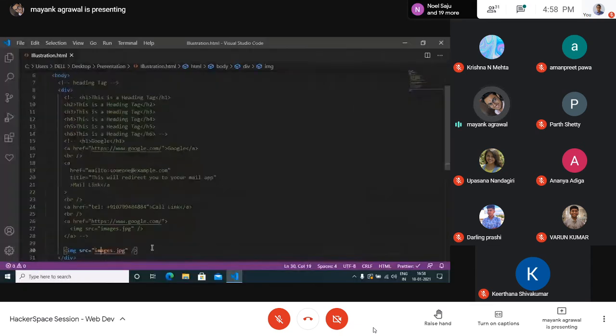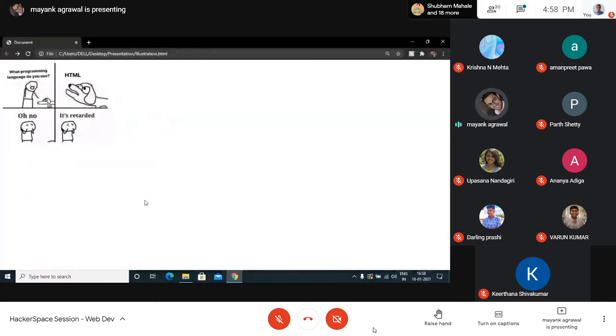We can also specify something which is alt, which is the alternative to this image. Say due to some reason this image doesn't show up. What should I write? My user should know that the image isn't coming, but that the image is of something. Say this image is a meme, so I can say it's a meme and save.